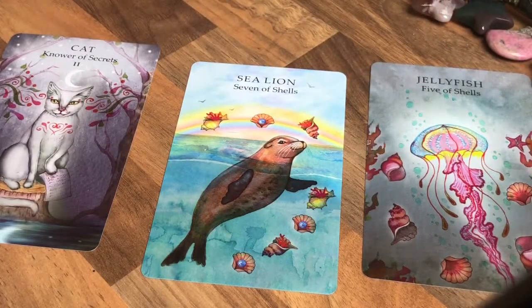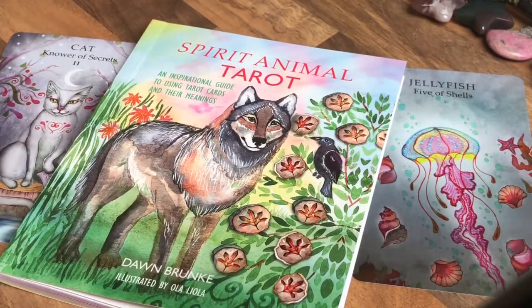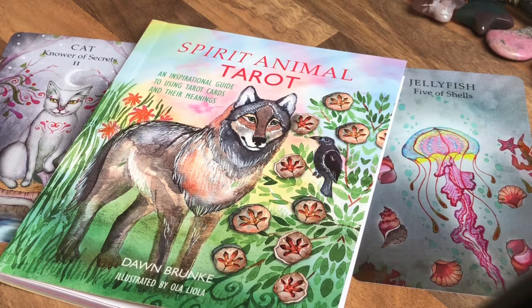That is the Spirit Animal Tarot. And yeah, it's good to be back. I'm sorry if I kept coughing or clearing my throat and cutting. I haven't talked that much,